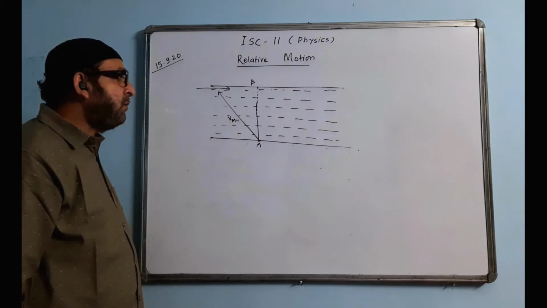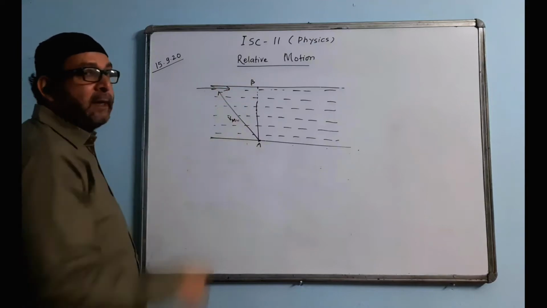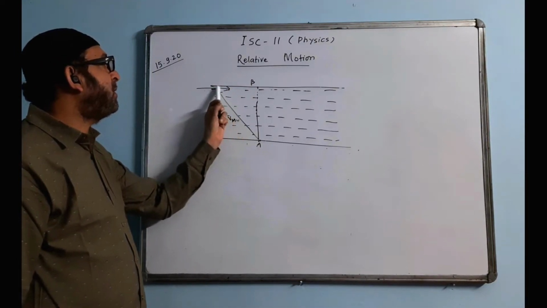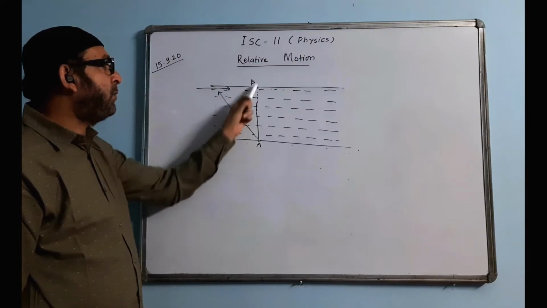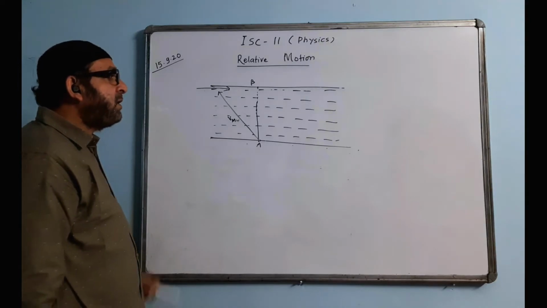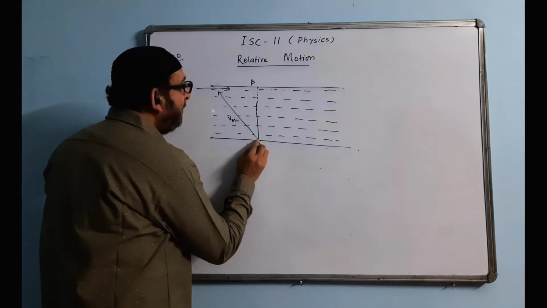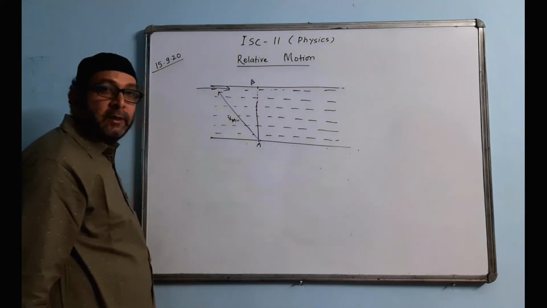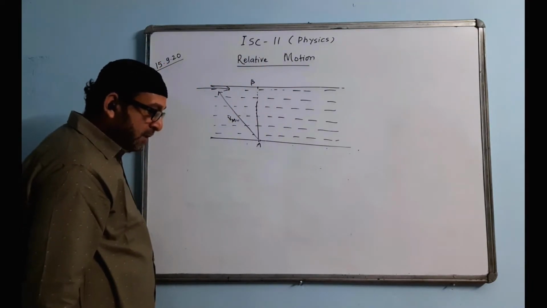So there are two cases over here: shortest path and the shortest time. In case of shortest path, the person must start this way, then the person will be somewhere exactly over here, exactly opposite, along the shortest path. And in the shortest time, the person must start again with VMW like this, and then the person will be able to reach somewhere here. So that is the idea. So there are two cases.